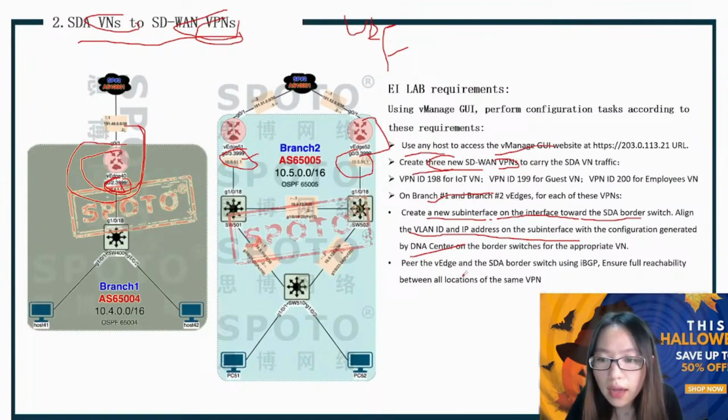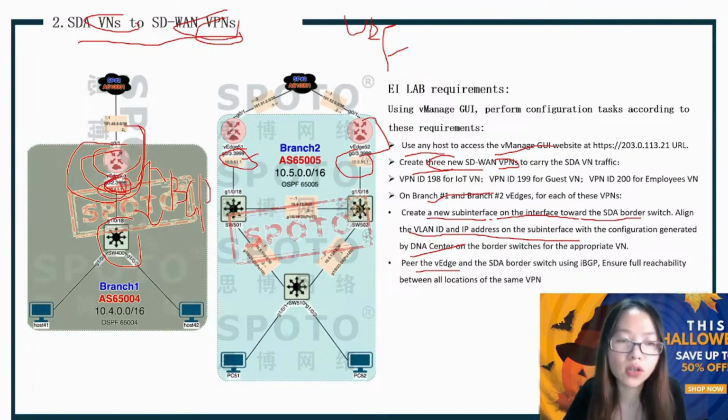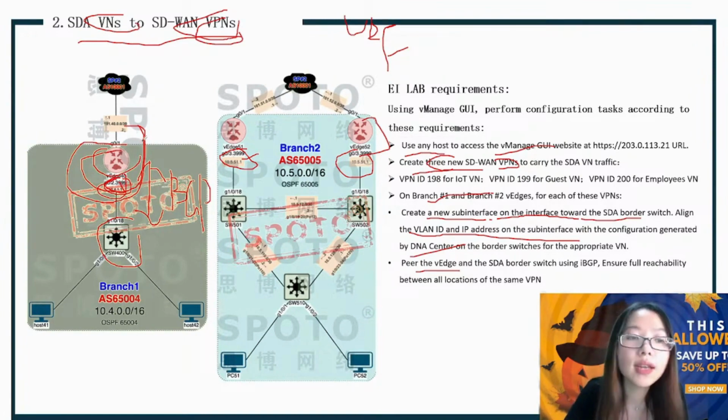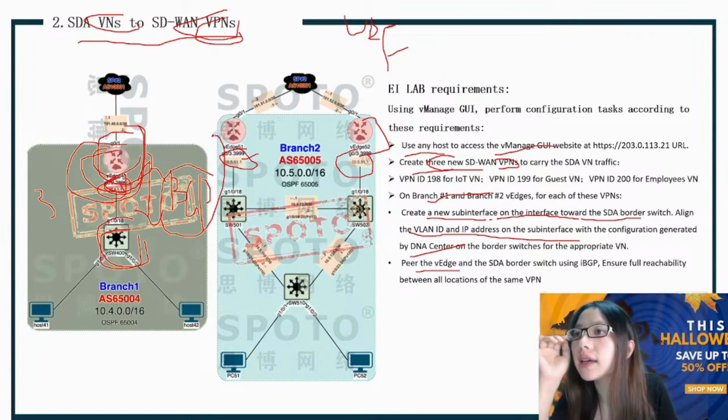so the last part is about the peer VH. It's about the VH and the switch also need to establish BGP neighbor. Okay, BGP neighbor. So under the sub-interface, we need to establish IBGP neighbor between VH40 and the switch 400. So because it has 3 VN, 3 VPN, it will have 3 IBGP neighbor relationships. Okay,